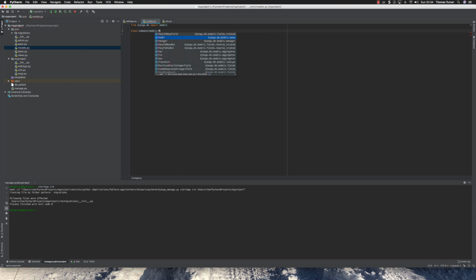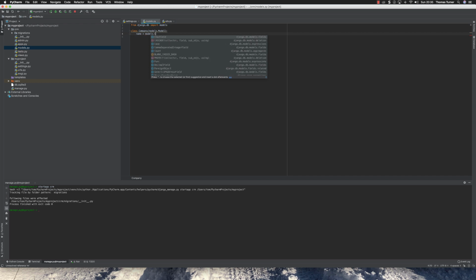Right. So that's created the class model. Now we need to put some database fields in. So we're going to put name, and we're going to say name is models.CharField, and we're going to say the company name is going to have a max length of 200 characters. Then we're going to have an address for this company,